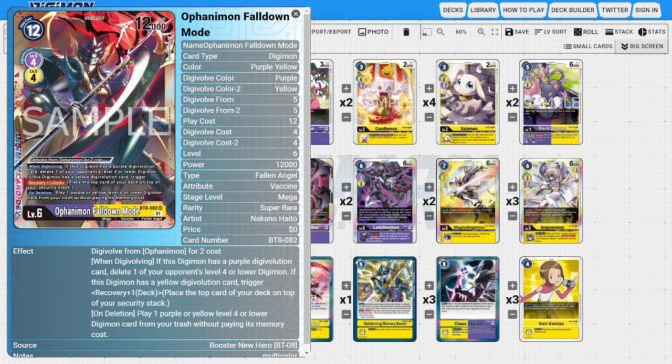Next, on to the level 6s, I'm going to be running 3 copies of Omnimon Fall Down Mode. So Omnimon Fall Down Mode is a purple and yellow Digimon and has the ability to Digivolve off of purple and yellow level 5s, so we're not really worried about whatever level 5 we have because they're all going to be usable with Omnimon Fall Down Mode,